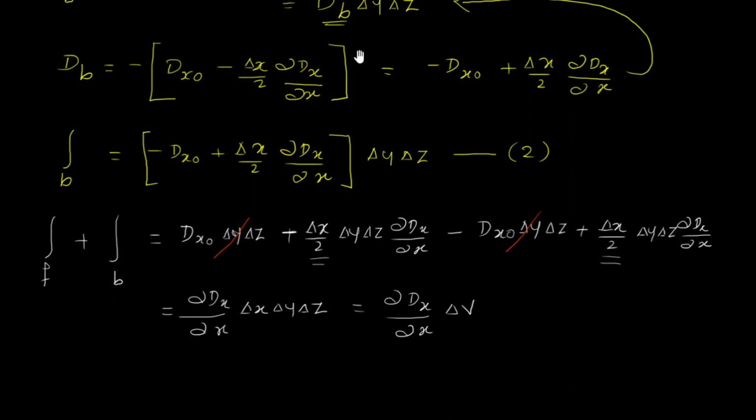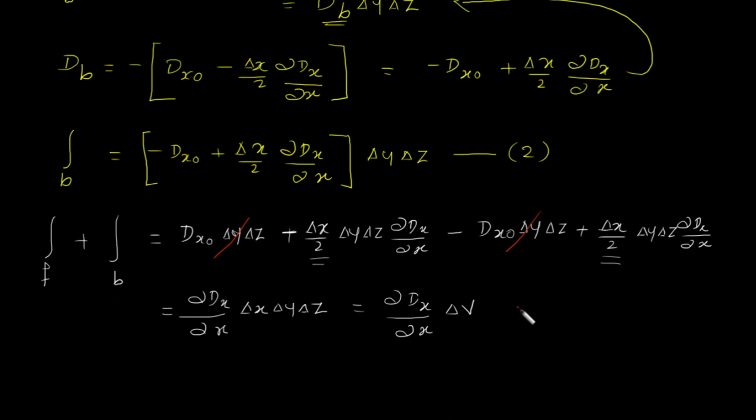Is that very clear? Similarly, at this point it is not really necessary to go through these mathematical computational steps again for left, right, top, bottom, because it is very clear that D dot dS evaluated over the front surface added with D dot dS over the back surface, that is along the x axis, will give me the variation of the x component of D along the x axis multiplied by the total volume of the cube.